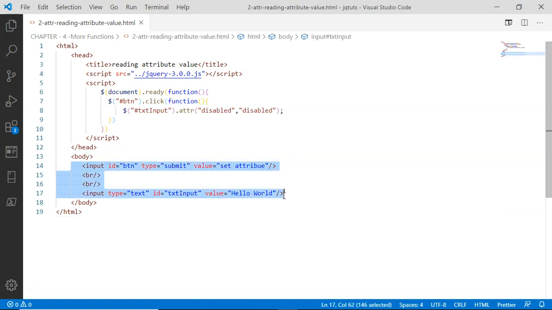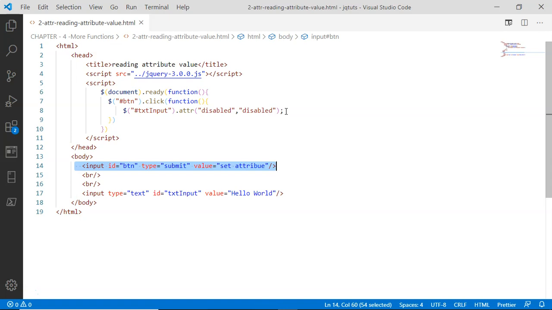two HTML controls inside body, that is input button and input field. So previously we have seen that clicking this button was simply turning the disabled attribute of this input field to disabled right here. But this time, what I want is that if somebody clicks this button, the value inside this value attribute of this input field must get selected here and get alerted in the